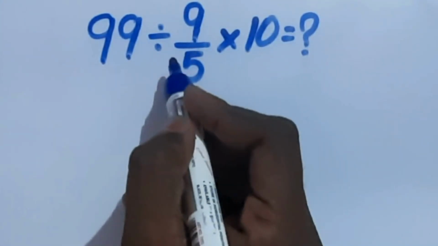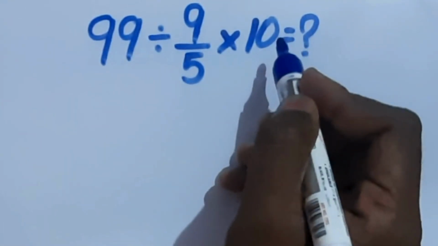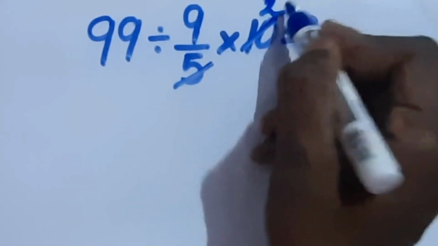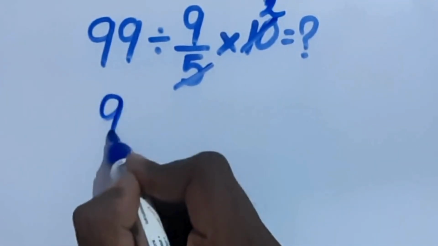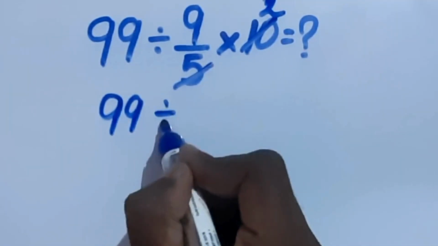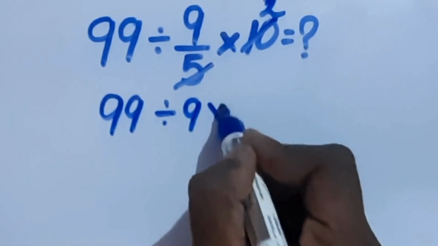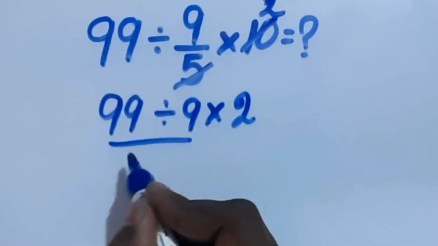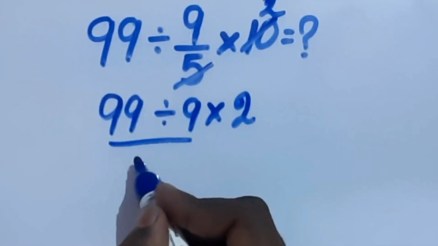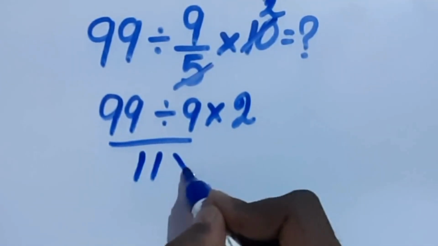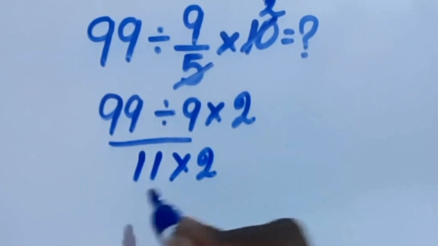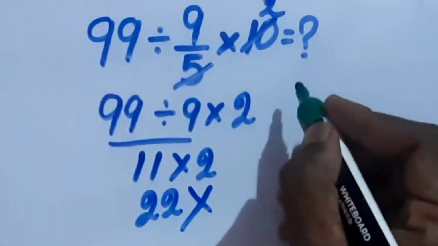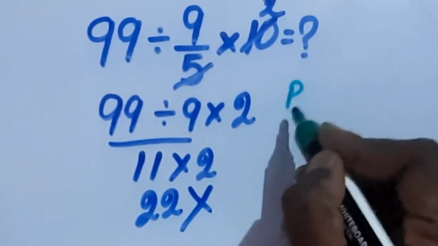Hello guys, most people get the answer 22 for this problem the wrong way. They cancel this, and here we'll get 2. So 99 divided by 9 times this 2. Here they do this: 99 divided by 9 is 11, times 2, which is 22. This is wrong, as per the order of operations, PEMDAS